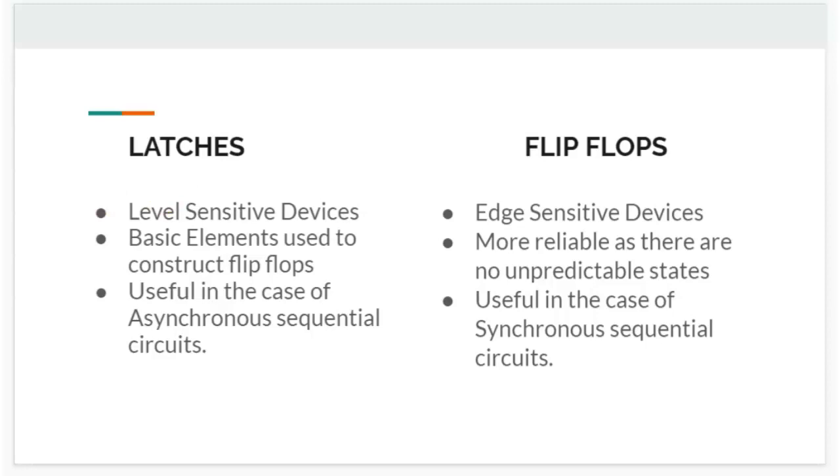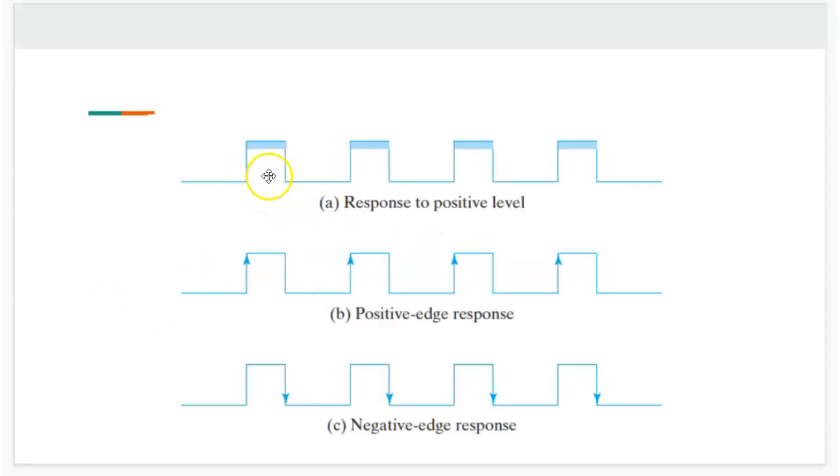So we'll go to this level and edge now. Let's say this is a clock signal, high at one time and low, then high, then low, like that. A latch responds to this part of the region, where the signal is high. Whenever there's a positive level or negative level, depending on the latch, it responds to the level of the signal. It does not see whether there is a change or anything like that. It just sees what the level is. If it's one, it will respond. But flip-flops are not like that. The point here is that it only responds at this edge. It does not respond here, neither here. It only responds to this positive edge.